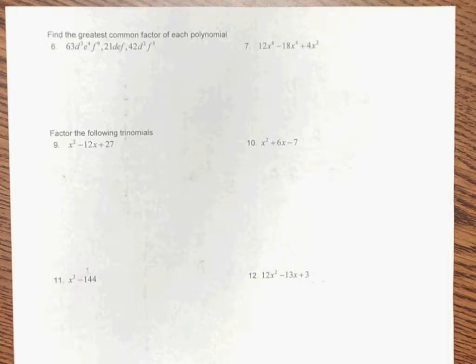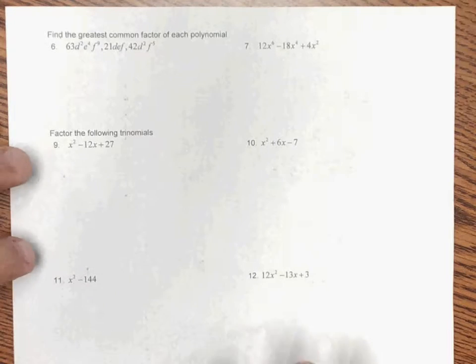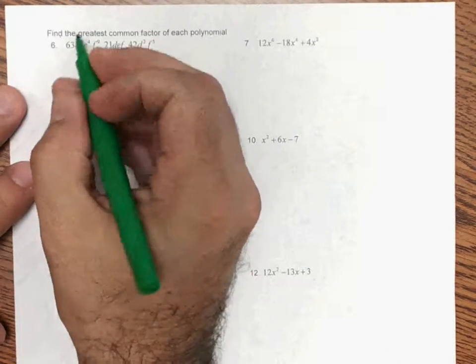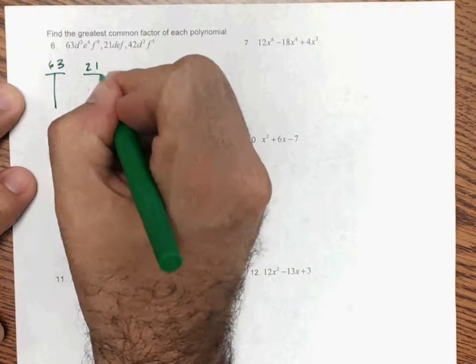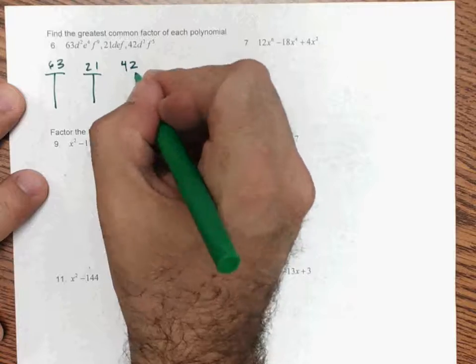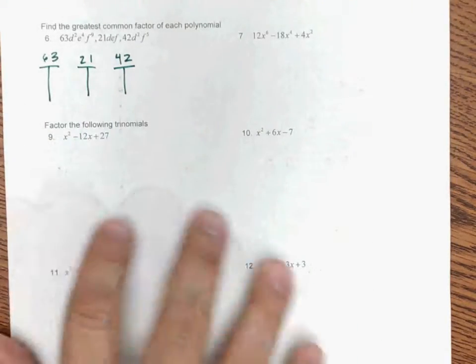All right, time to talk about factoring and greatest common factor. First two questions are asking for the GCF of each polynomial. Well, here we're looking at factors of 63, 21, and 42. Now, just a reminder, I'm not going to do this in every problem because it takes too long for me,